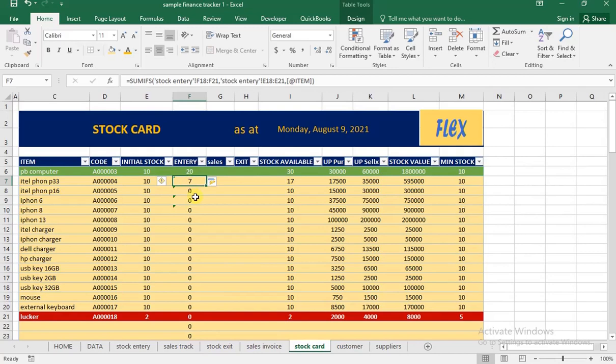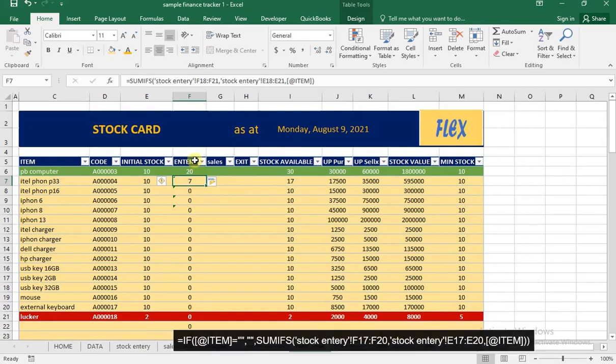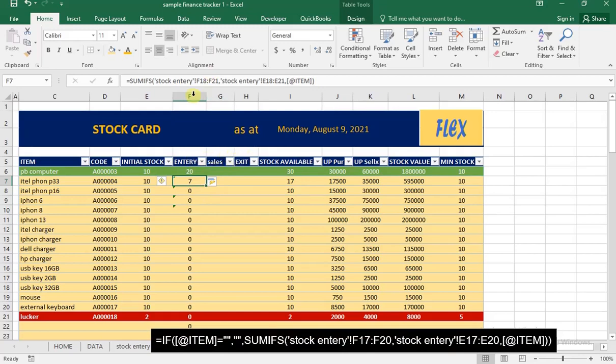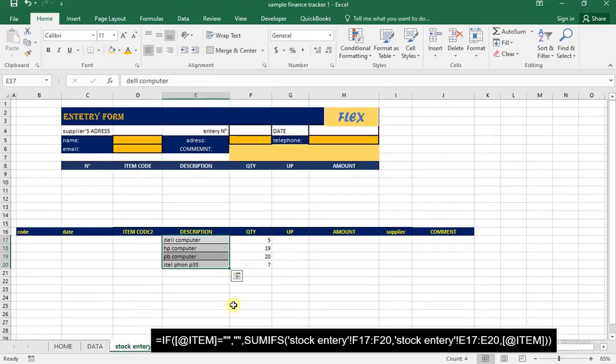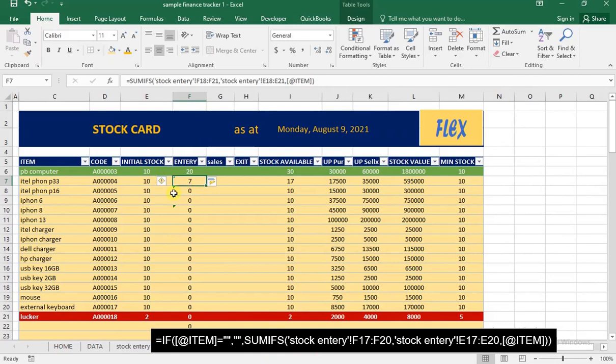The Vlookup will just go and choose any one of them, but the sum if is going to look at PB computer in this list. Even if there are 10,000 PB computers, it is going to sum only their quantities. So that is why we are actually using this. Same thing for the sales. We are going to use this same formula for the sales,